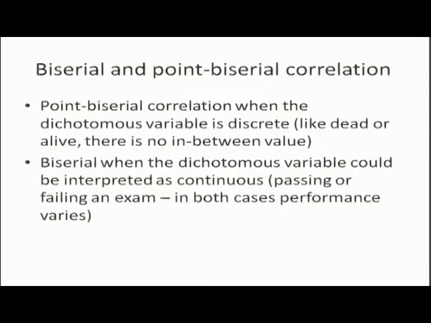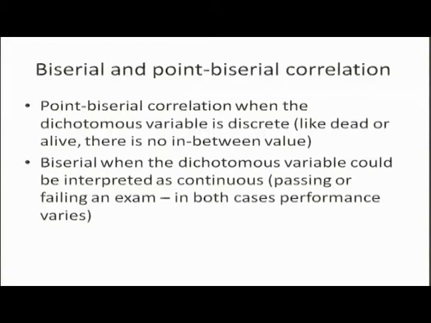Sometimes one of the two variables is numeric and the other is qualitative. In that case, we calculate biserial and point biserial correlation. Biserial, when the dichotomous variable could be interpreted as continuous, for example passing or failing an exam. Between passing and failing of exam, there are several stages,